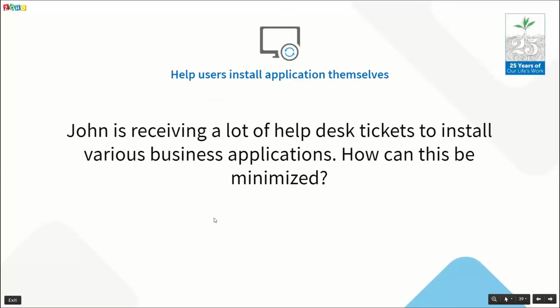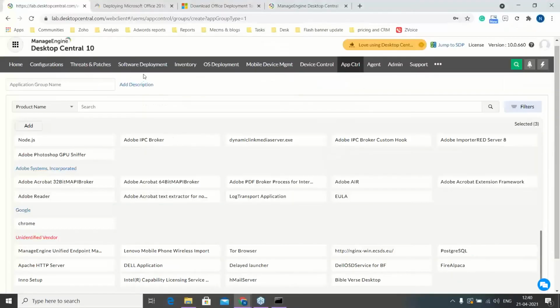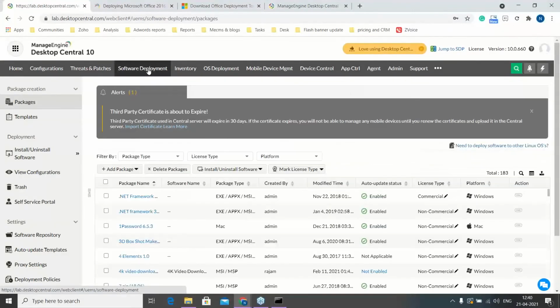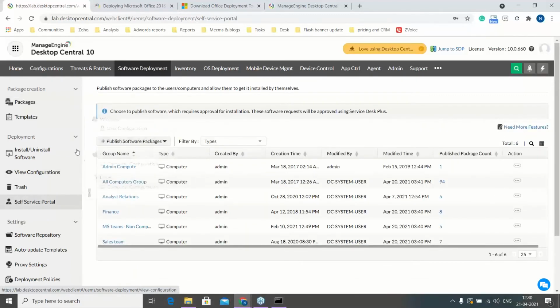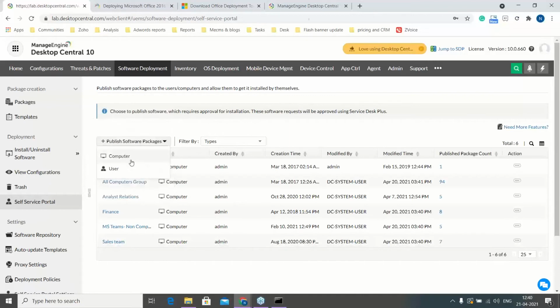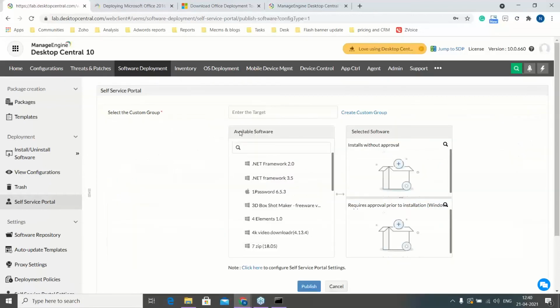Here's another scenario that John is facing while managing his endpoints. John is receiving a lot of help desk tickets to install various business applications. How can this be minimized? This can be minimized, or rather eliminated completely, by using a special feature that is available in Desktop Central, which is self-service portal. Now, under software deployment, you have self-service portal option where you can choose to publish software packages in this self-service portal. Your end users will automatically be able to select the applications which are available to them